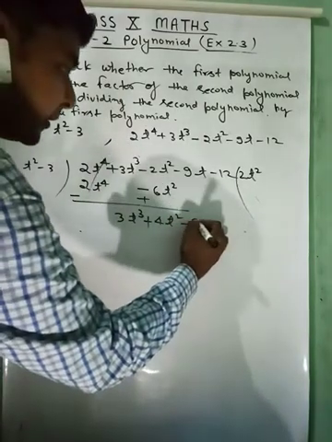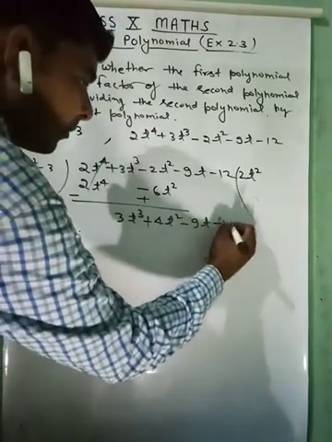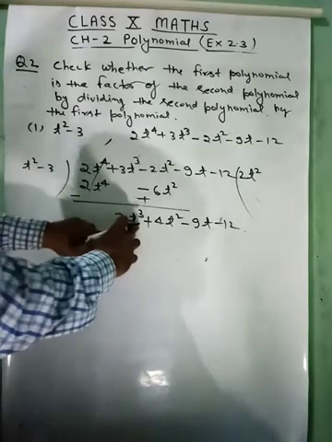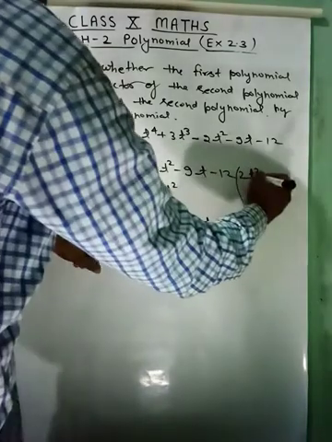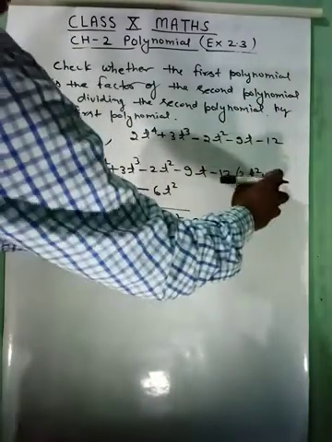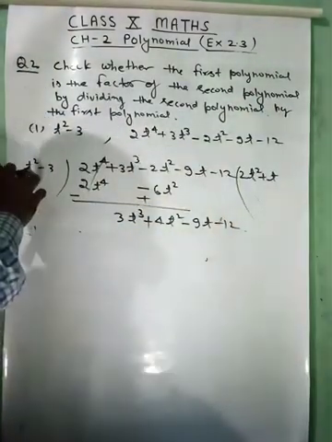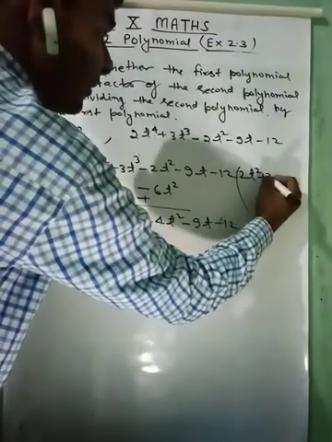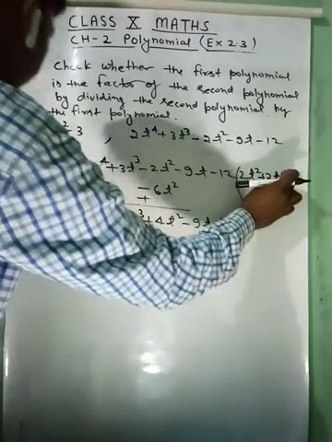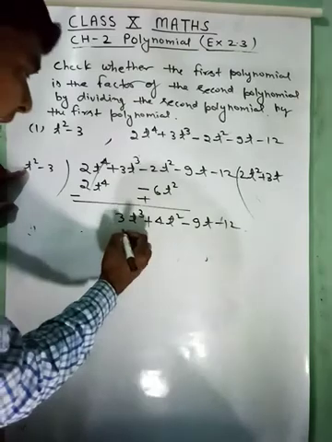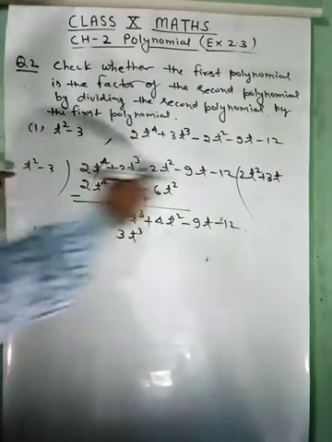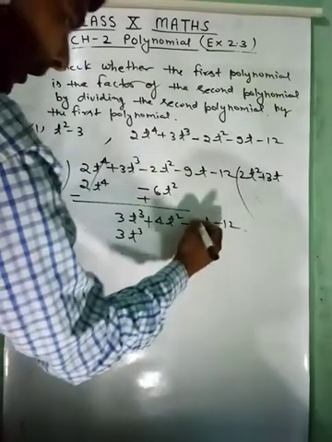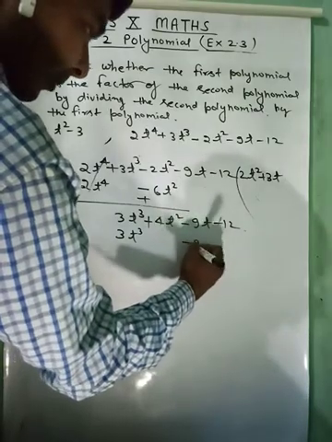And it is minus 9t minus 12. Now again we will remove larger exponent, it means 3t cube. To remove this we will take here t to power 1, it means t. When t is multiplied with t square, and we know that here is 3t, so we can write here 3t. Clear? 3t when multiplied with t square, it will be 3t cube. And when 3t is multiplied with minus 3, it means minus 9t. At the place below minus 9t we can write here minus 9t.